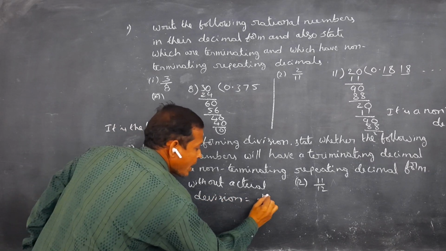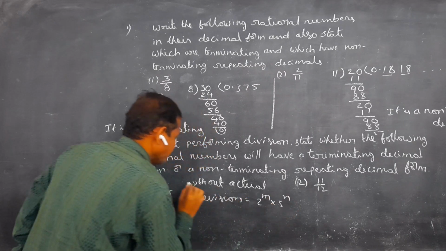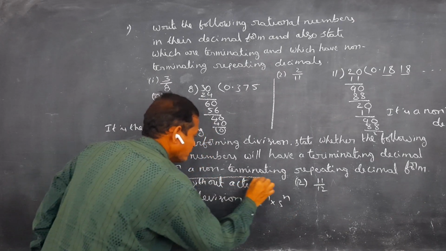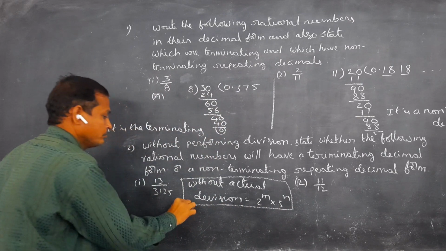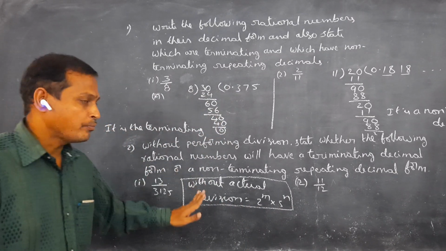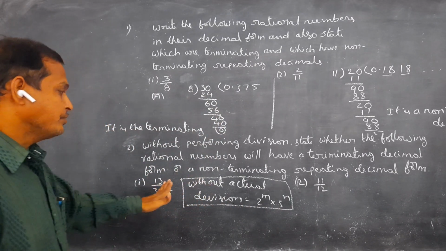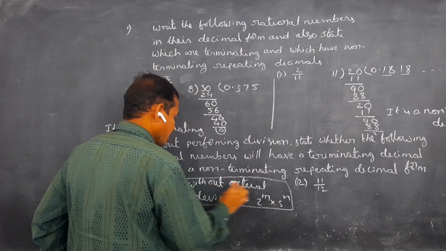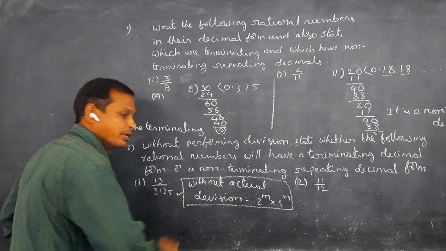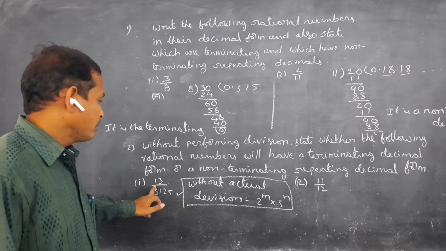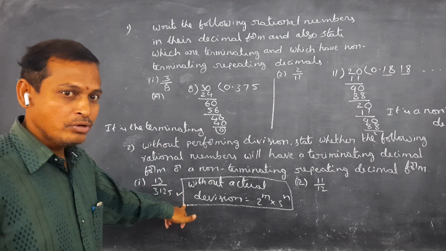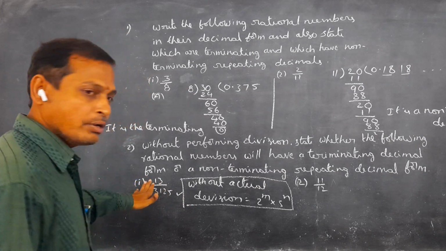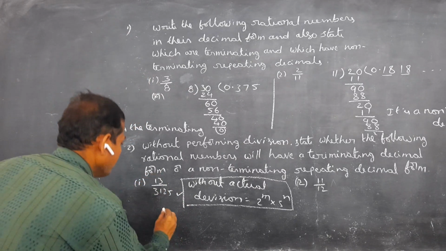The formula is 2 power m and 5 power n. Are you understood, children? This is the formula without actual division: 2 power m into 5 power n, in the denominator only. In the denominator only. Example, in the first sum, 13 by